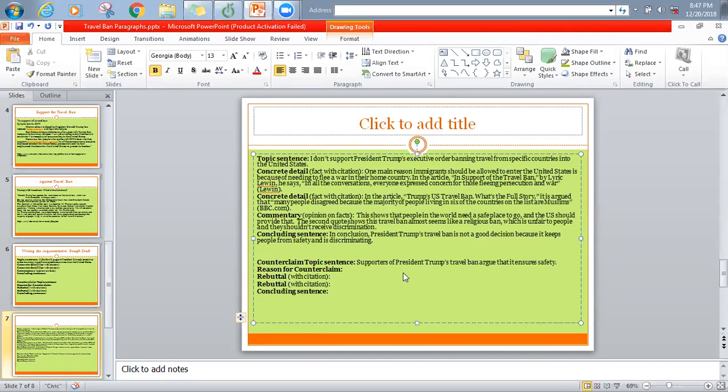Oh, okay, Tanya, I saw your note. We're just talking about the counterclaim. And so I don't know if you'd heard me say, the counterclaim is the argument that people have who disagree with what your main viewpoint has been. And so it's what people say who are on the other side of the issue. Okay, so what were you going to say, Lulu? What do people feel like that does that ensures safety?